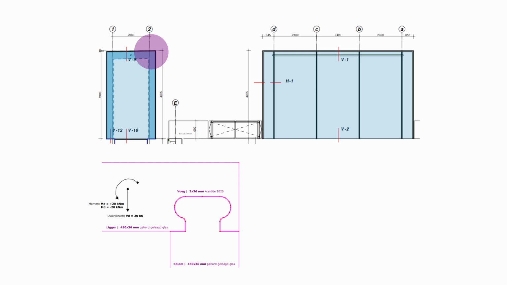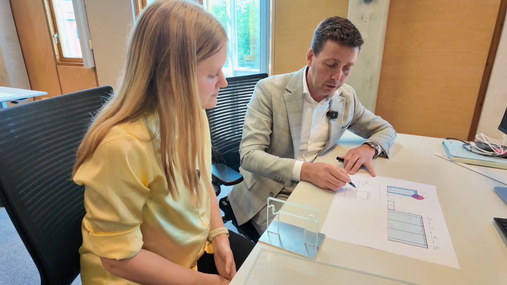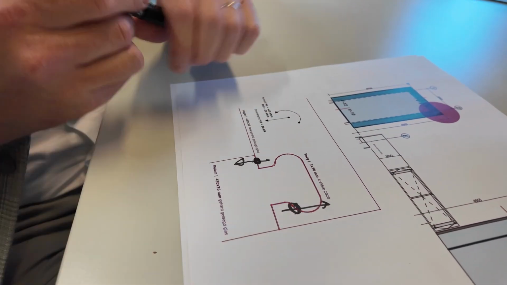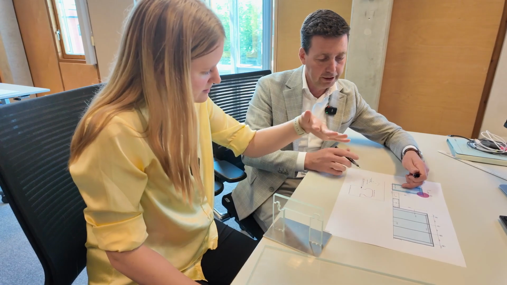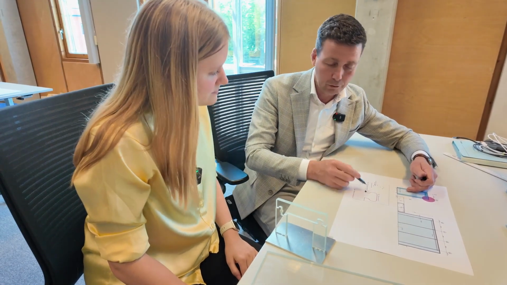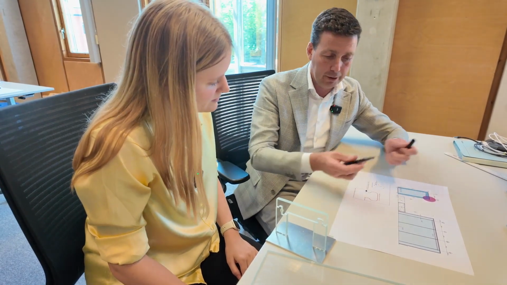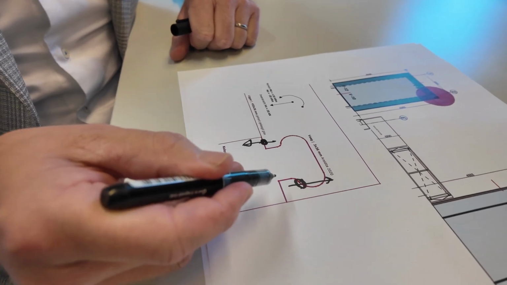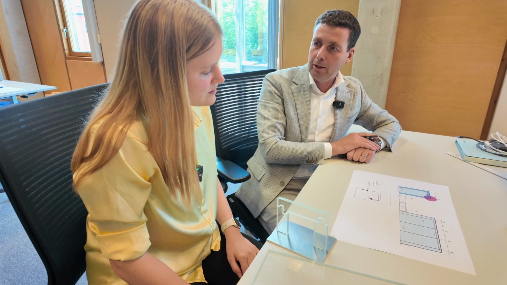I defined all the forces there, and then I looked: okay, what will happen here? And what you can see is that the biggest forces are on this point, because you can imagine if there is art hanging from this piece here, you have a force, and everything will be here. So the biggest forces will be there, and of course on the back side, because it's like two forces coming up and down. So those are the big points.